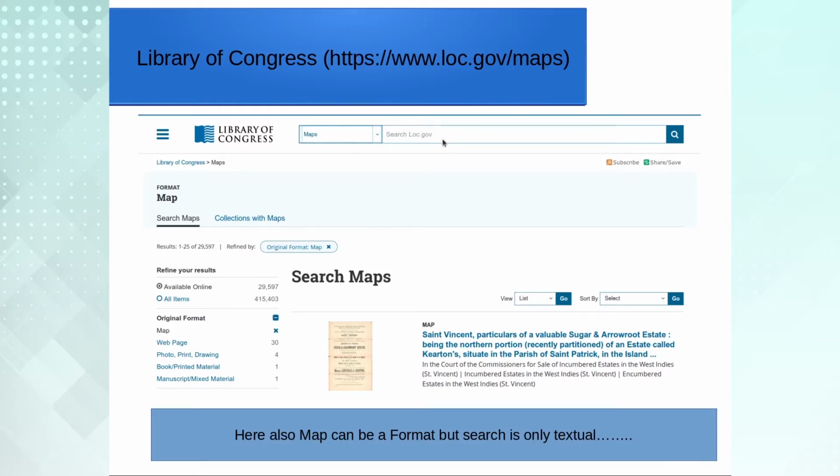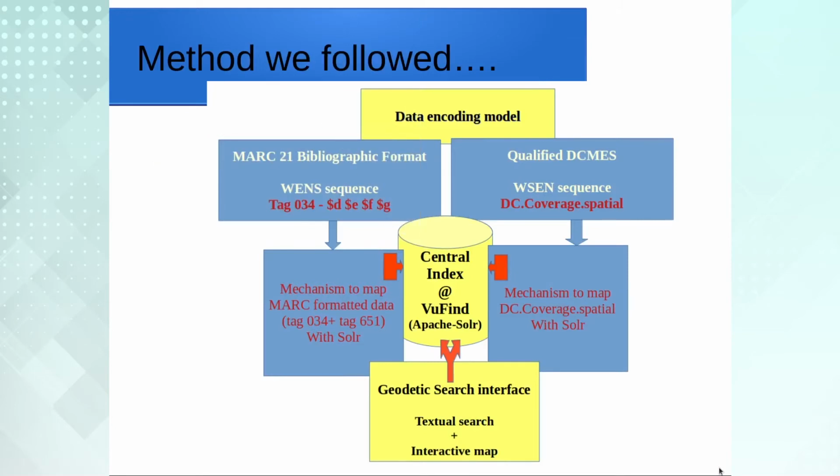So, most of these digital library systems or library catalogs of the world provide support for utilizing map as a format at the time of searching, but no visual support, no visualization, and no interactive maps are available inside the search interface. Search is typically textual and it can be very complex, as you know.